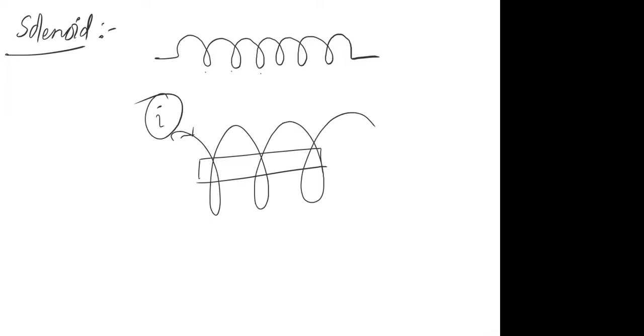Did you understand? That is why we are going to study the solenoid, because a solenoid has a magnetic field. Whenever you pass current through the solenoid, it has a magnetic field which lasts till the current is passing through the solenoid. In the solenoid, you will have a magnetic field till you pass the current through the wires of the solenoid. Now try to understand.